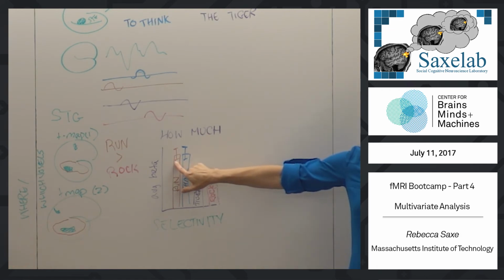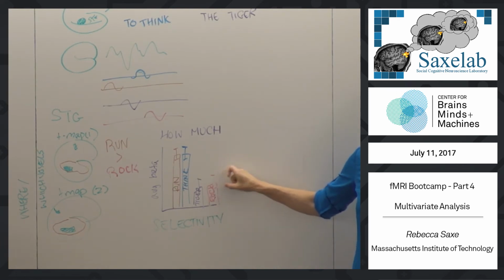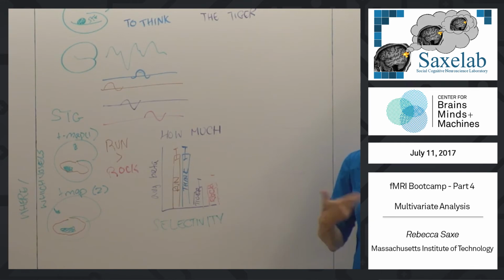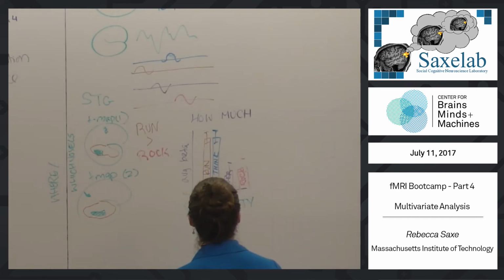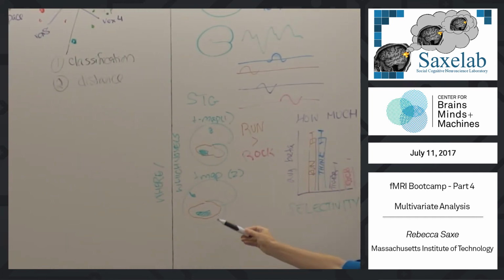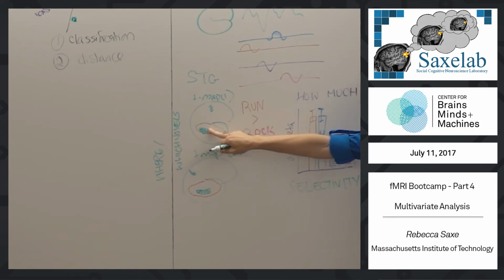Error bars I drew are across subjects. So I repeated the procedure for each individual participant. I got bar graphs for each participant. And then what I'm representing for you is the average across participants and the variance across participants of the results of that procedure. In the multivariate analysis, you can take the same voxels, exactly these same voxels, and now, instead